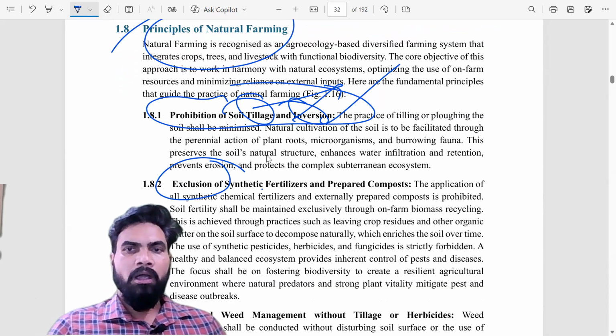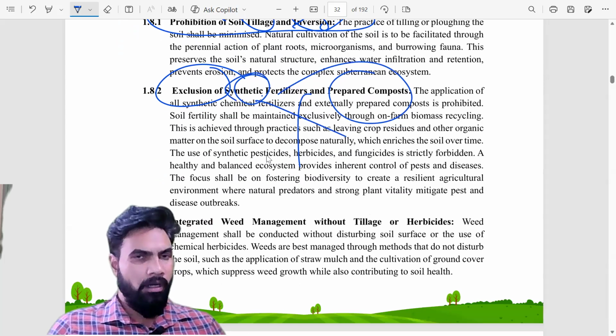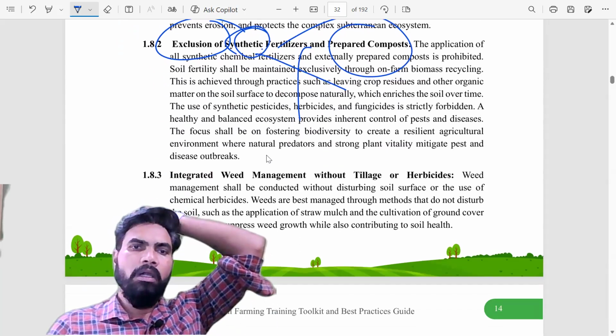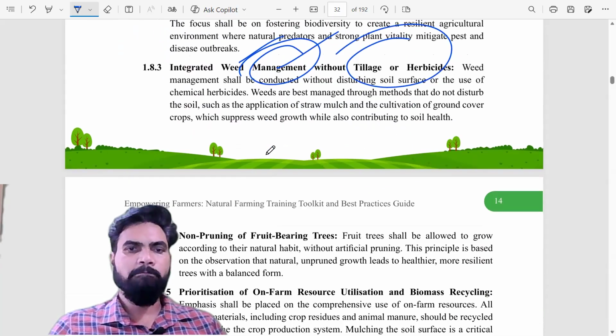Okay. Then second one is exclusion of synthetic fertilizers and prepared components. This will also be not there. This is another second principle. Third principle is integrated weed management without tillage or herbicides. Then